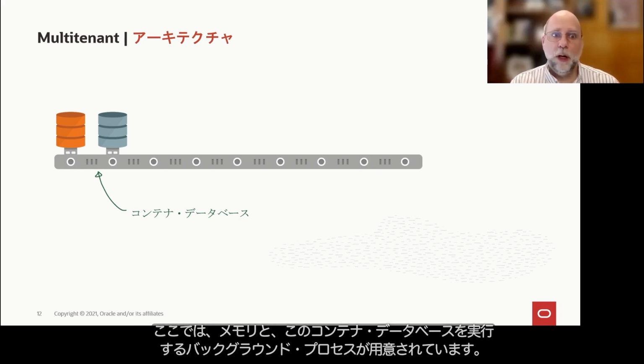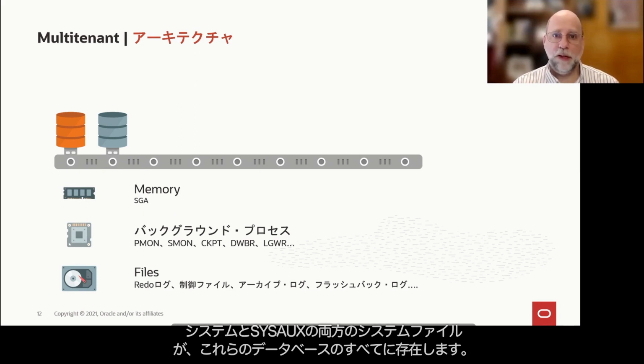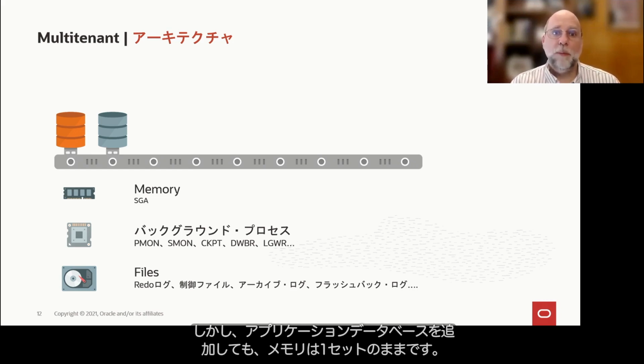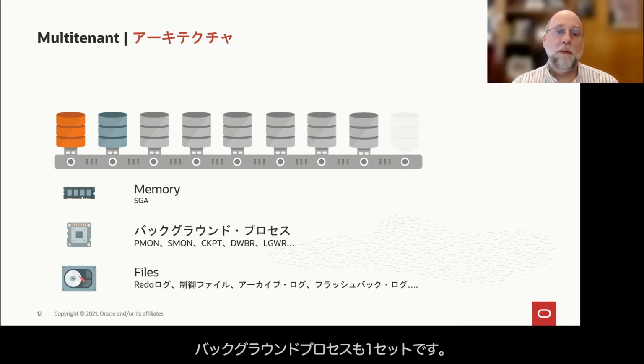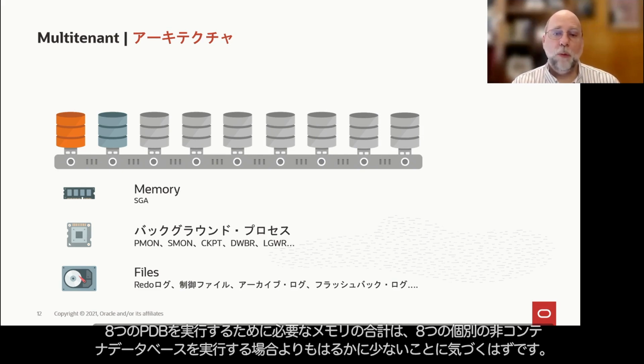situation. So now, yes, you have your memory, you have your background processes running this container database, you have the sets of files, both the system and sysaux for every one of these databases, and you have one set of redo logs, for example, you have your set of flashback logs. But then as you add these application databases, you still have one set of memory, you have one set of background processes. And when this is sized for, in this case, 8 pluggable databases, what you're going to find is